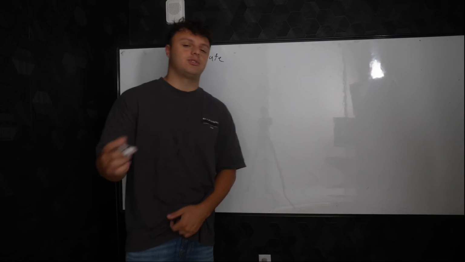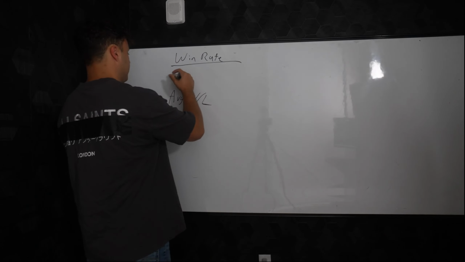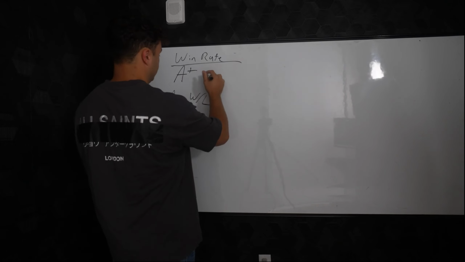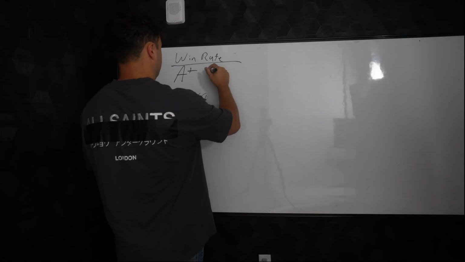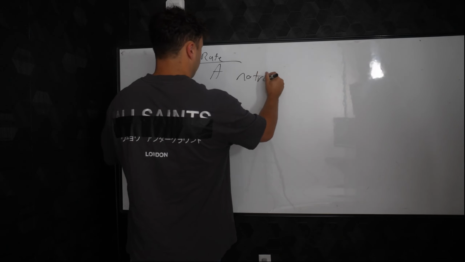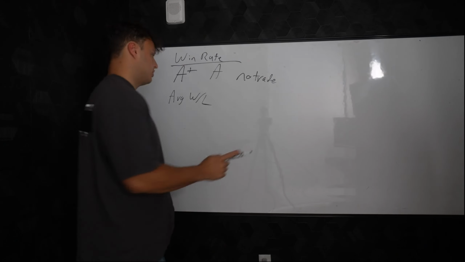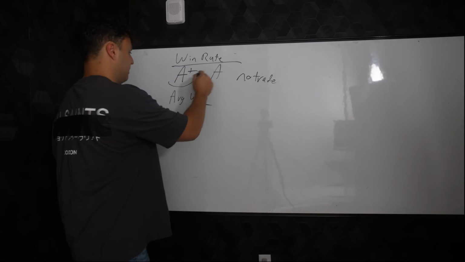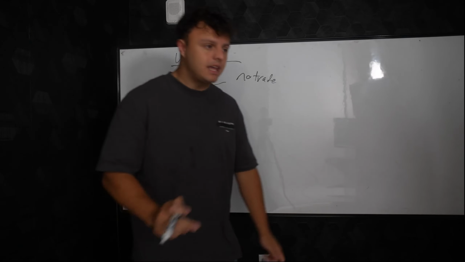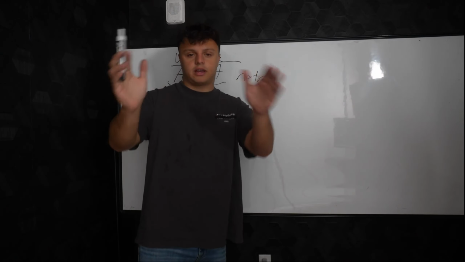If you understand your strategy, something I would recommend for the win rate is to grade your setups: A plus, then A setups, and then no trade. We're going to dive deep into this. You need to understand that both the A plus and the A are profitable. This is not like, oh, an A plus setup just means it's a good trade. All of Twitter has it wrong.